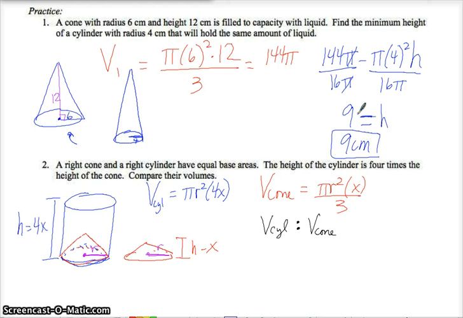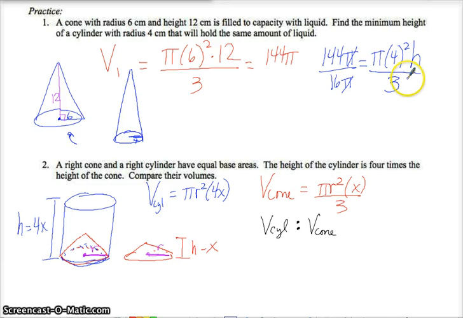So first we need to calculate how much liquid we have. So that is pi times 6 squared times 12. So remember it's pi r squared h divided by 3, which is 144 pi. So that needs to equal, look at that, I caught my error. So that needs to equal the other volume. So the other volume needs to be pi times 4 squared times h divided by 3. I forgot to divide by 3 because I was thinking to myself, why would the height be smaller than this one if I made my base smaller? Anyway,